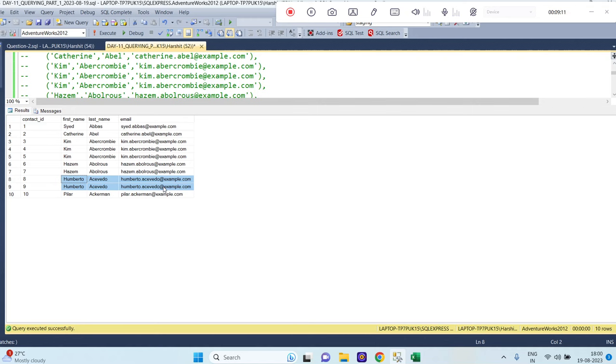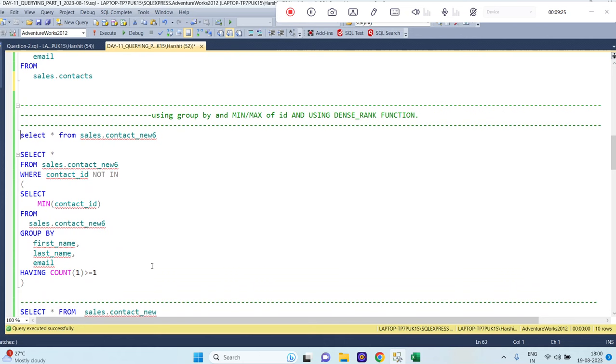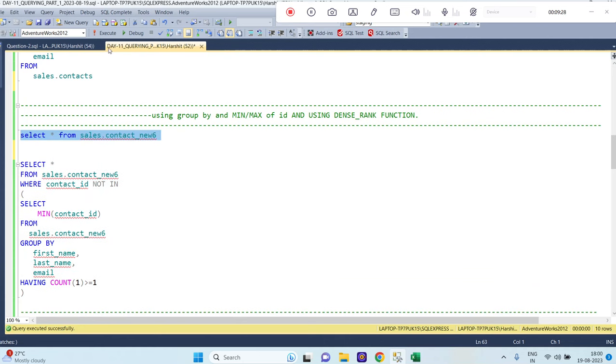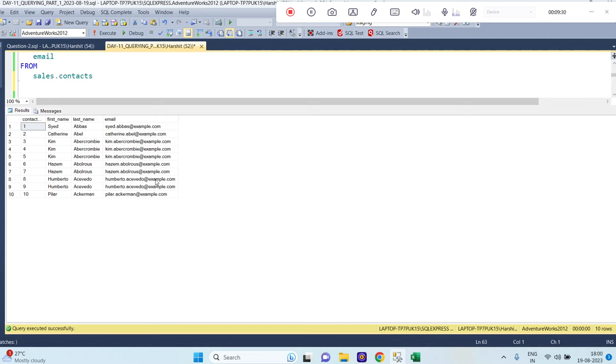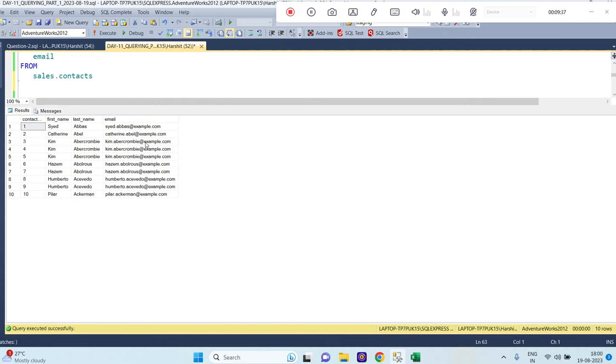We just want to identify the duplicate data and remove the duplicate data. We just need to keep one record for each of these three combinations. So what I have done, I have just copied this data into some temporary table so that if I remove, I can perform again the same thing with a different method. So this is the same data. Now